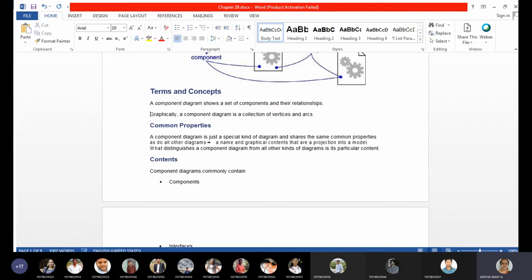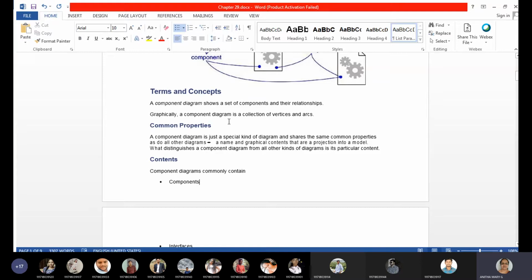Graphically, any diagram is a connected graph with vertices and edges. Here the vertices are components, and the arcs are their relationships.